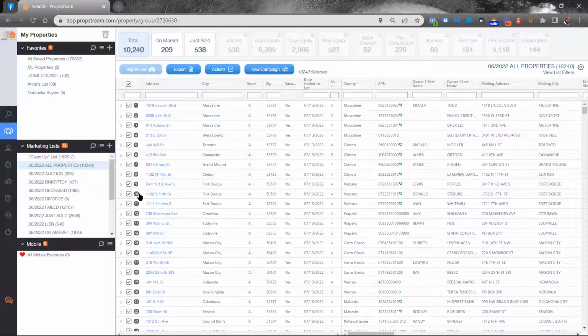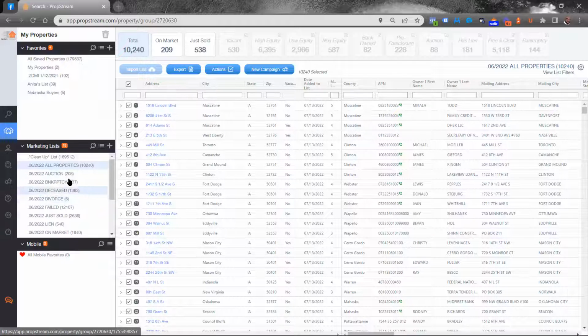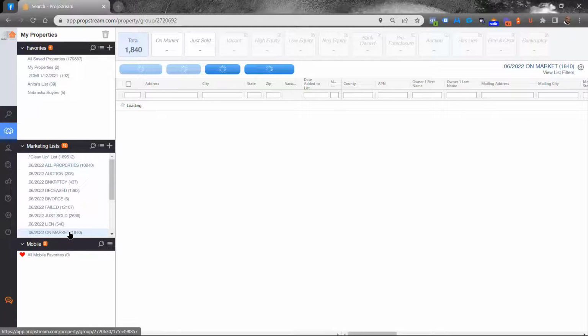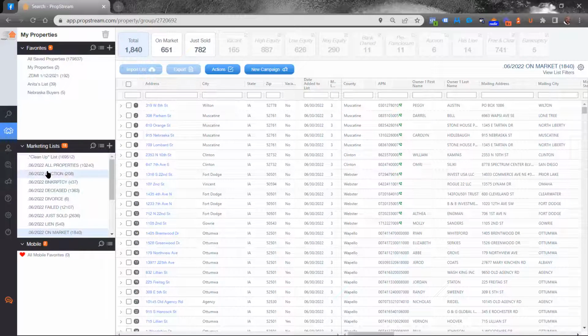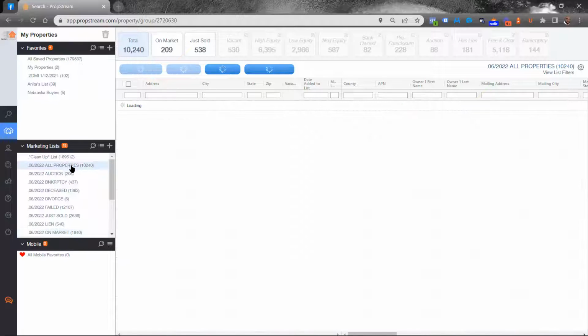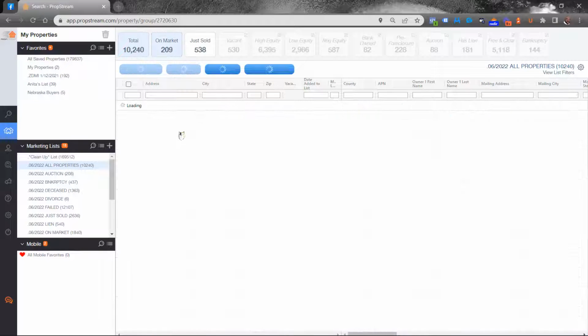Quick note, something else that I do is if I'm going for strictly off-market properties that month, I'll create another list like this one, on market. I create that just by clicking this and you add marketing list. And I do, whatever, on market. And so out of all of my properties, after I add everything to the all properties list, I click on market,